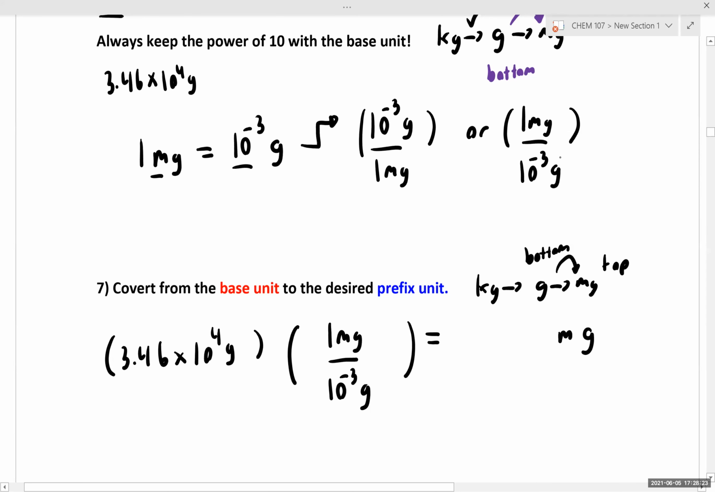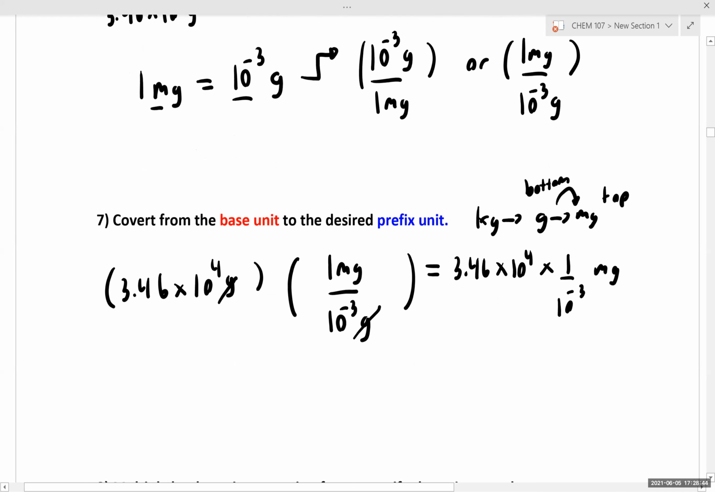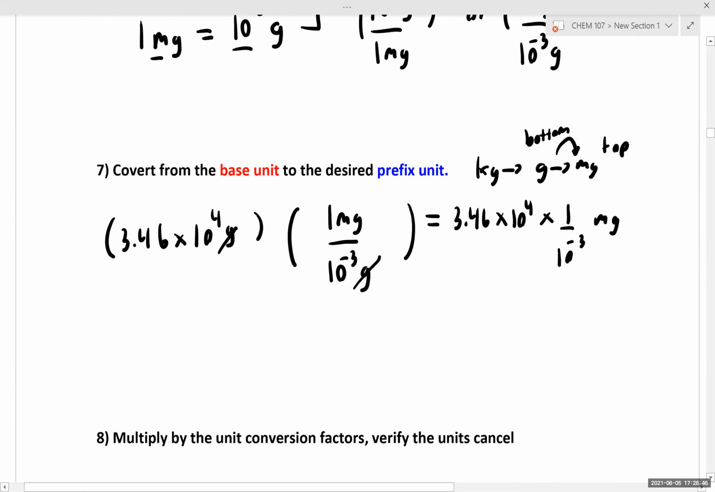Remember, the power of 10 always stays with the base unit. As we see, grams cancel and we're left with milligrams. So we have 3.46 times 10 to the 4th times 1 over 10 to the negative third milligrams. And again, there are two ways you can go about this. I find the easiest way is just to rewrite